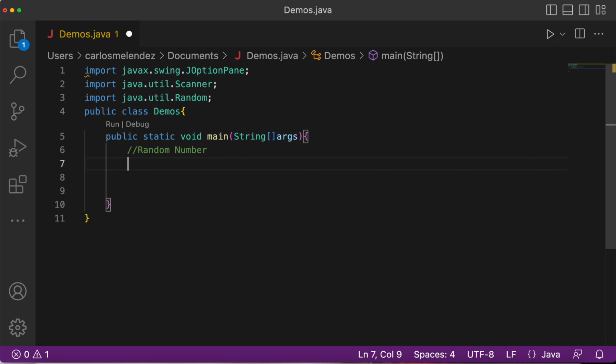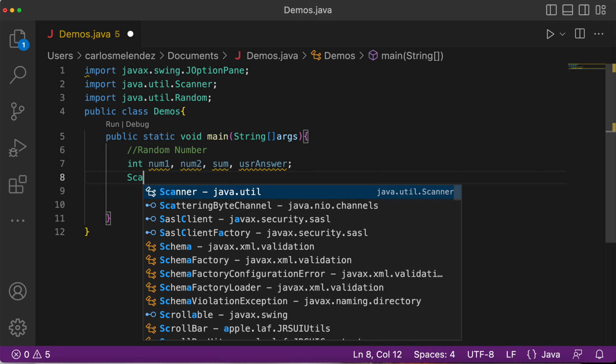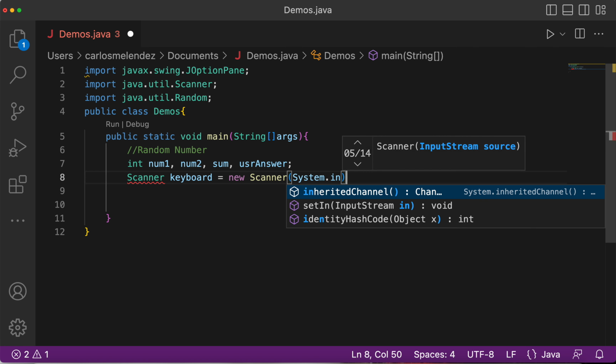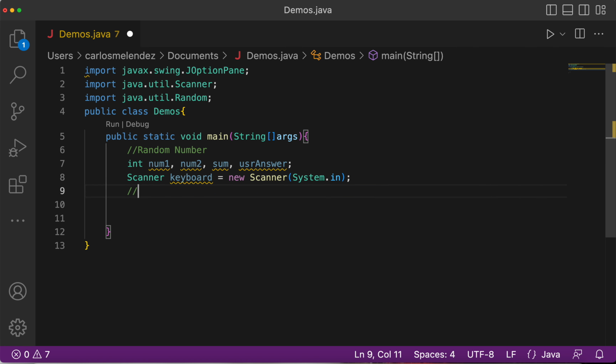If you've ever played video games, RNG, random number generator, that's what we're going to be doing. So let's say int num1, num2, sum, and userAnswer. Okay, so we're going to create a game where it's just going to ask some numbers. So we're going to say Scanner keyboard equals new Scanner(System.in),